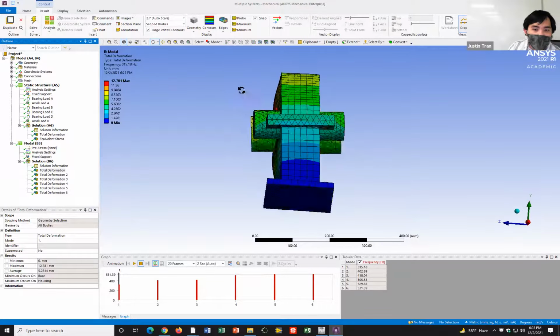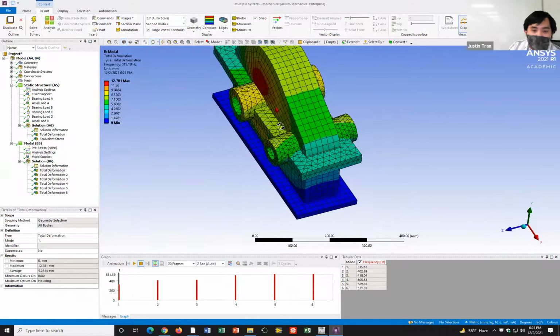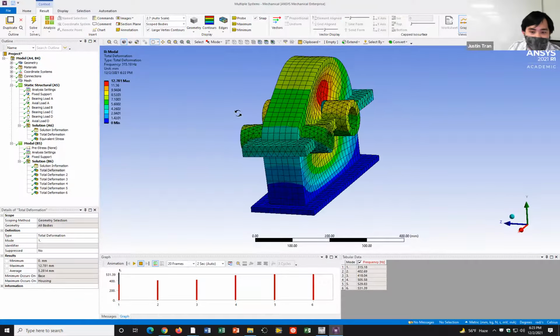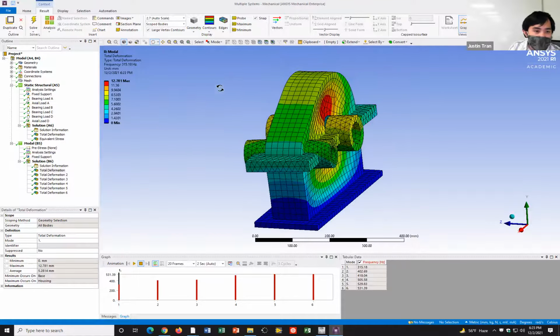The results you get from viewing the different mode shapes are really misleading, because if you look at the color bar here, it'll tell you that the deformations are like 12.781 millimeters. I want to caution you to not take these results seriously, okay?